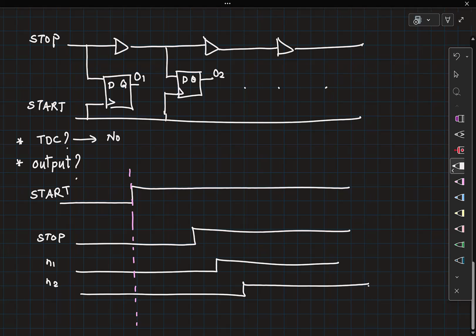We have seen at least 2 variations of a flash TDC, but all of these depend on having a buffer whose delay was same as the resolution that you wanted, right? Now let us test if this assumption is actually valid. Can we get a buffer whose delay is, let's say, 100 picosecond, right?